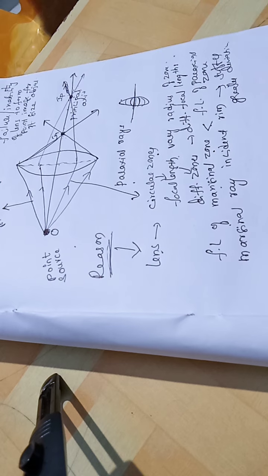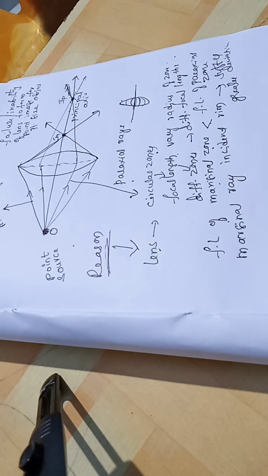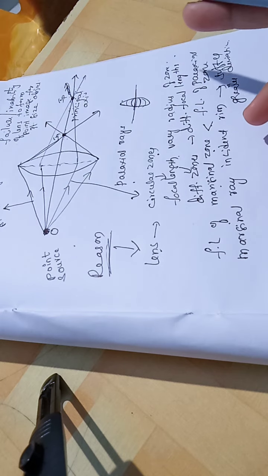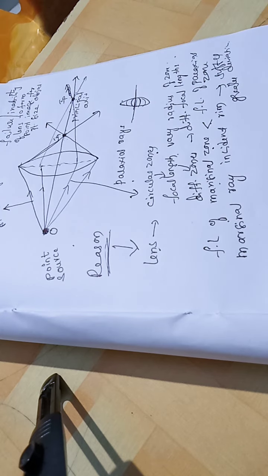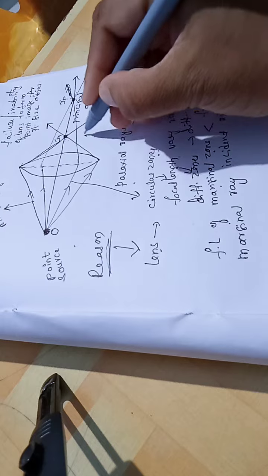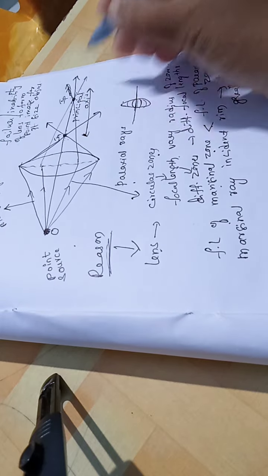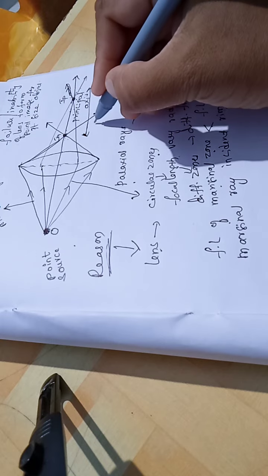They suffer greater deviation than paraxial rays. Okay. So, only they form in front of the lens compared to that of the paraxial rays. Okay. Now, next, the distance between this IM and IP, we call it as